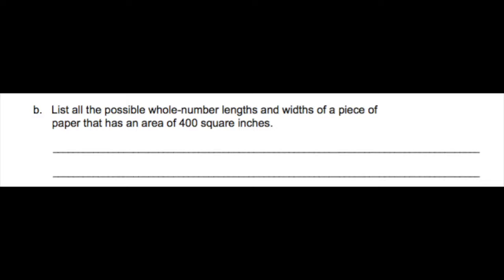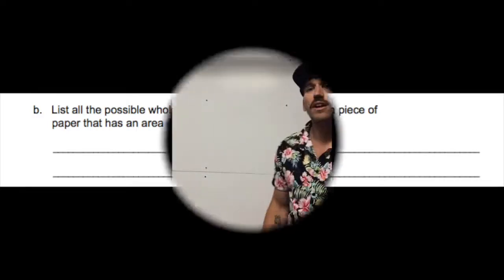Question 2b. List all the possible whole number lengths and widths of a piece of paper that has an area of 400 square inches. Now before you solve this problem, you need to remember that area is length times width. So to help us find all the possible whole number